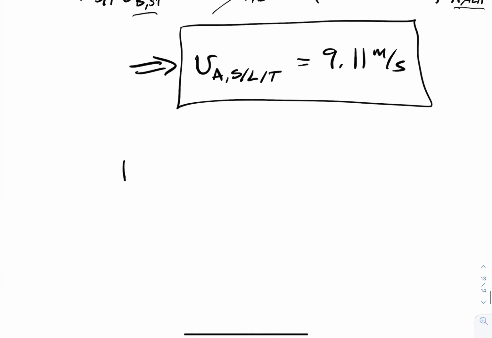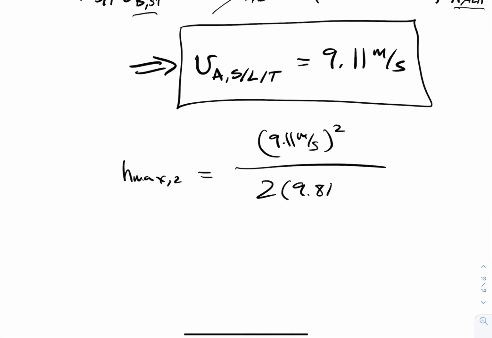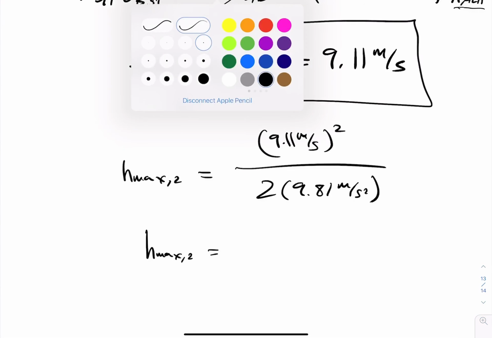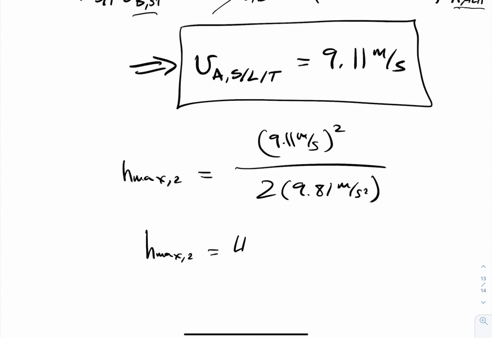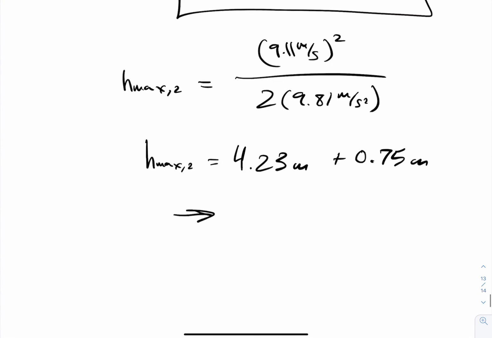So we would have H max 2 equal to the 9.11 meters per second, all squared over 2 times 9.81 meters per second squared. And so we'll get H max 2, and this is measured from the lowest point of the swing to be 4.23 meters, and so we'll have to add the 0.75 meters, and so we can finally get the second solution for B,